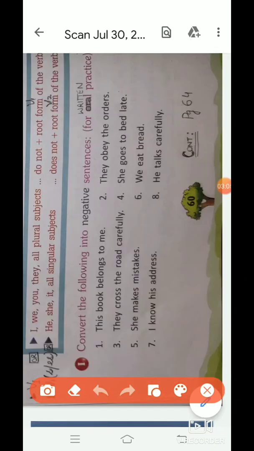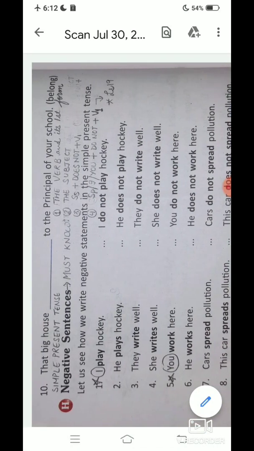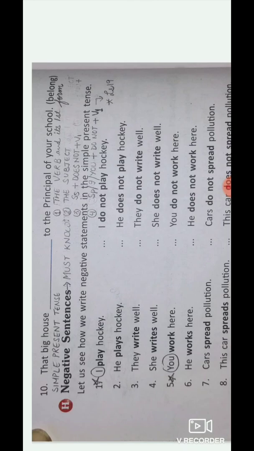Now let's do some exercise part. It is written for older practice children, but as we did earlier also, we made it a written practice work because there is no other exercise related to this. So let's do one or two questions from here following the steps which I gave you earlier under the heading must know. So I will be repeating the rule 1 to 4 while solving the exercise part.